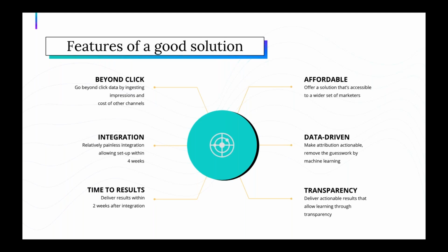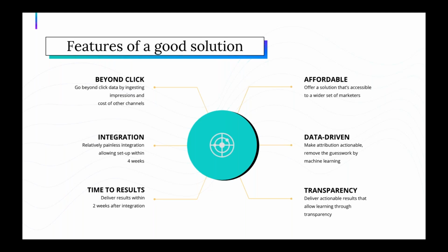I discussed this before, but using a click-based model would almost be like giving 100% of the credit of a ticket sale to a movie to the movie poster that's hanging outside of the theater, right? It would be completely disregarding any of the billboards or the commercials, the newspaper ads that someone might have seen for that movie. So, one thing to really focus on is making sure your attribution model is still taking into account all the channels where your ads are being shown, but not necessarily clicked, because they do definitely influence